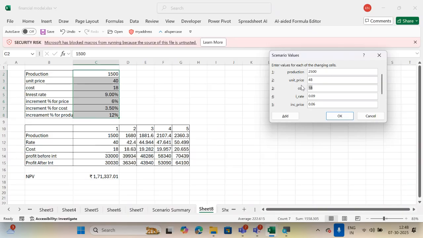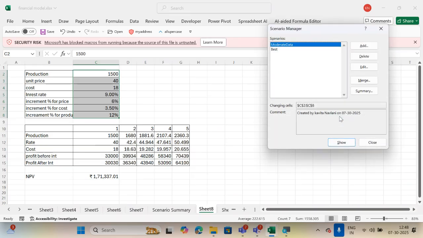In the cost, definitely cost will be reduced if the production is high. Then the increment rate will be increased by 0.5%. Then the incremented price. Okay, this is the interest rate, 7.5. And the increment in price is 5%. Increment in cost is 2.5. Then increment in production is 15%. Now press OK and